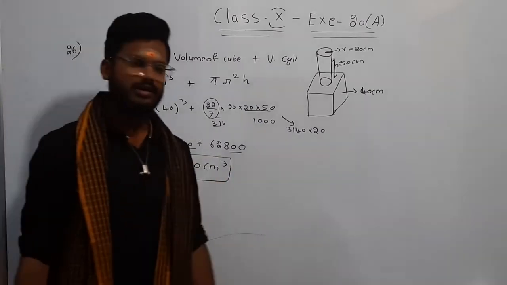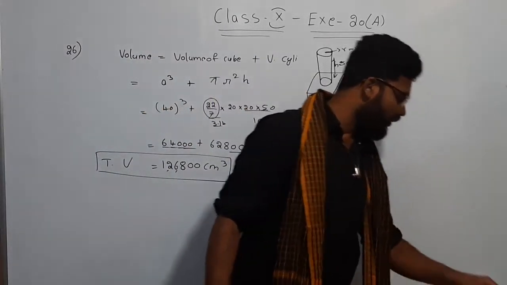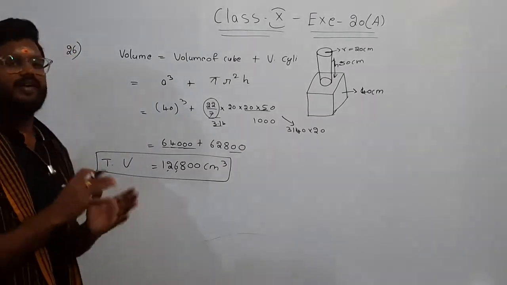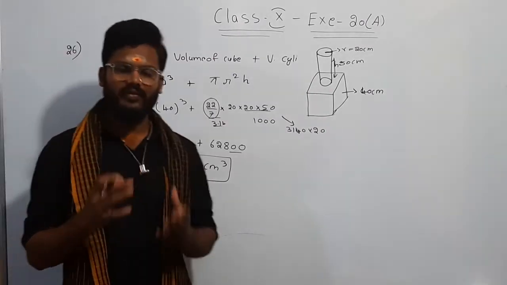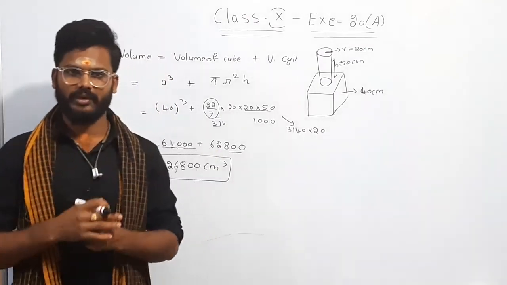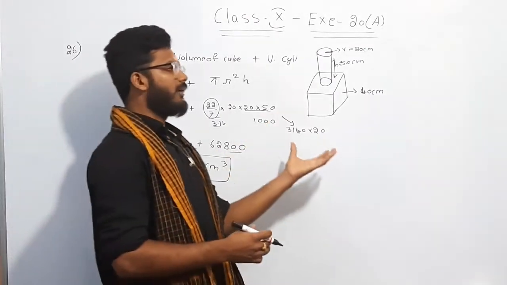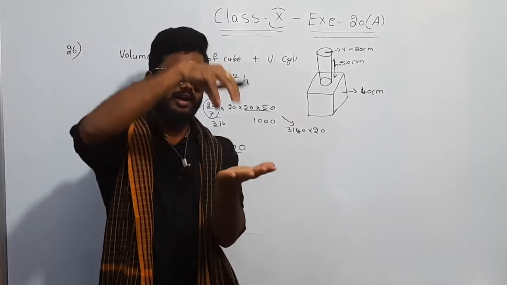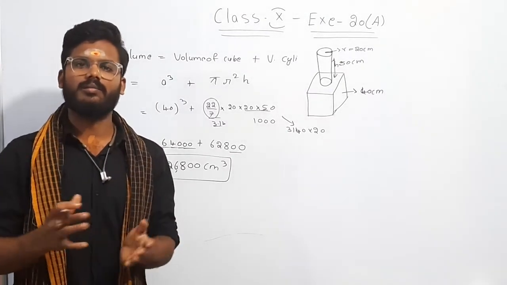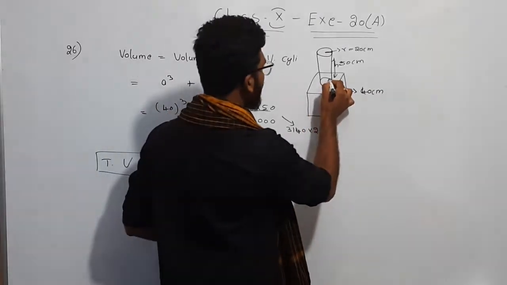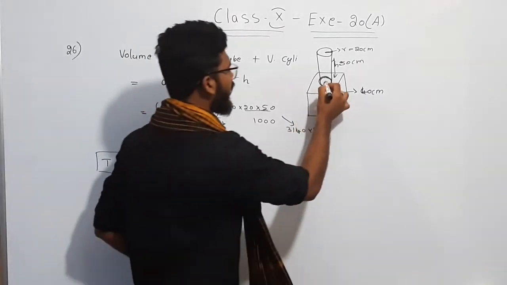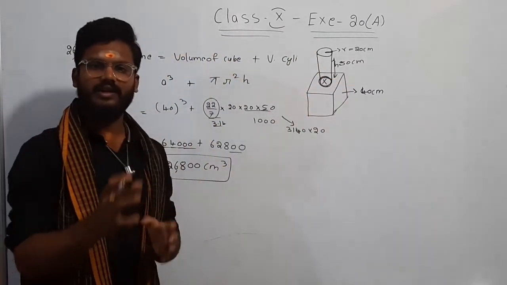And next, what are they asking us to find? Find the total surface area. See here, here we will get somewhat different. Why? Because normally the total surface area of a solid is nothing but the surface which is visible to us, right? So when we place a solid cylinder on a cube, if we add both the total surface areas, it won't be correct. Why? Because this part won't be visible to us, right? When both are merged, this part will not be the surface of the resultant solid.